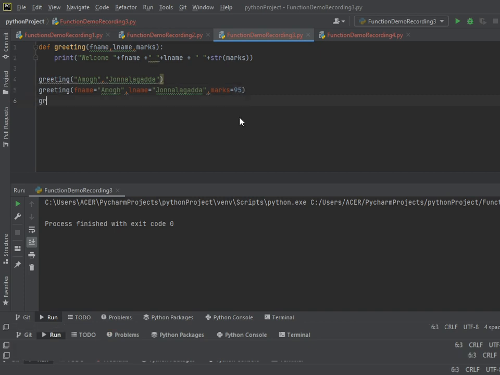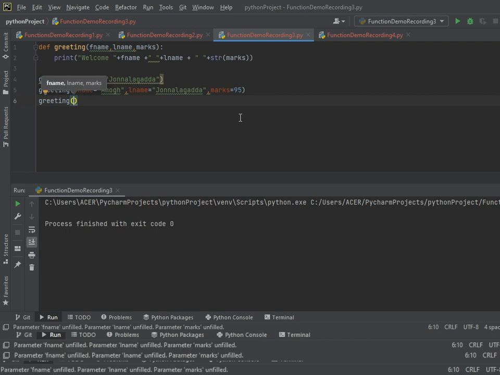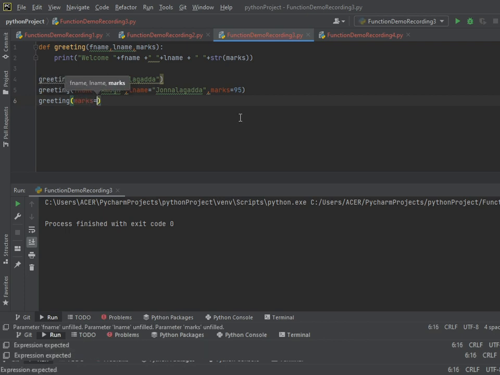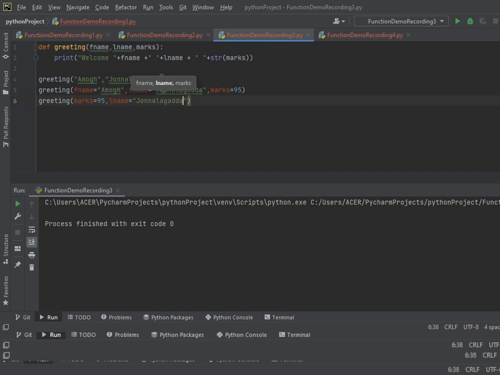Now here I'm giving greeting marks equal to 95 and lname as last name equal to Janallagadda and fname equal to Amog.